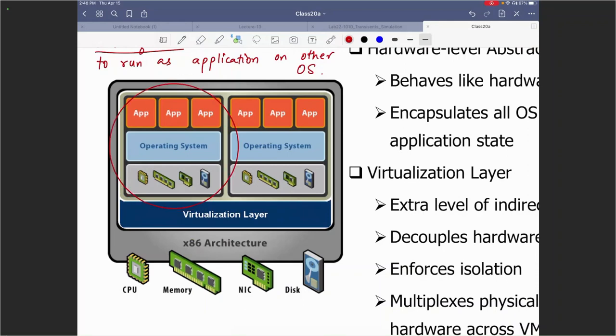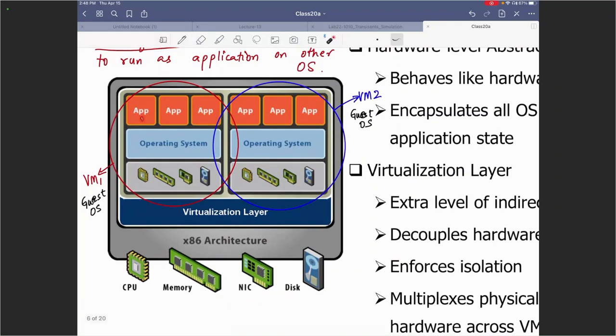There's virtual machine 1 over there, and then there is a virtual machine 2 over there, also called guest operating systems. This is VM1 and VM2, also called guest OS. Now, on each of these virtual machines, you have certain applications that are running over this guest operating system,